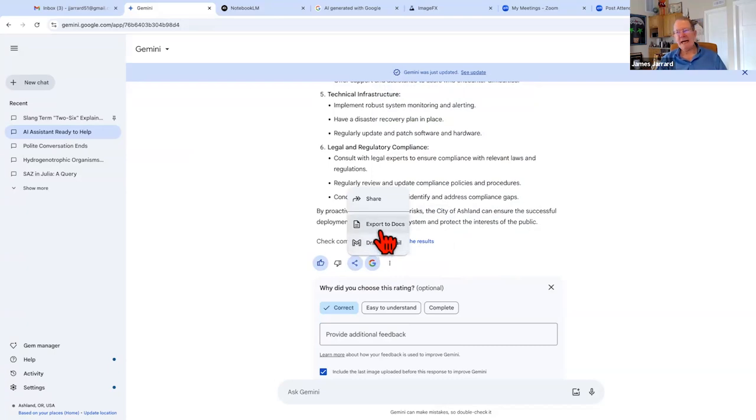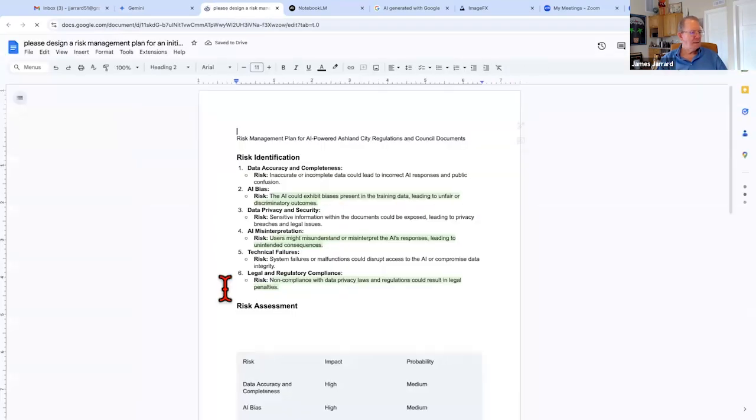Export to Google Docs. Again, I'm in Google Chrome here. I'm using Google Chrome as my web browser on a Macintosh computer. It's creating the document. Open the document down here. And now it's copied.